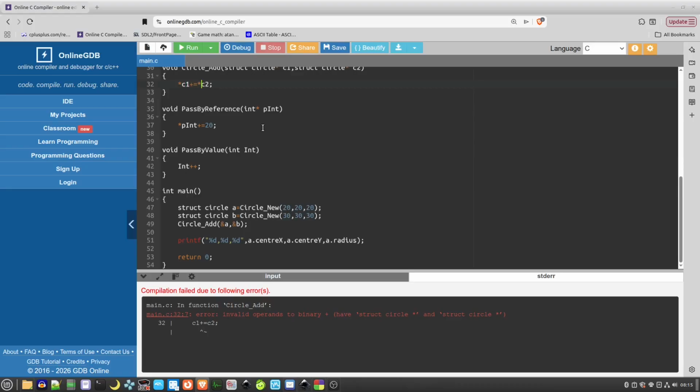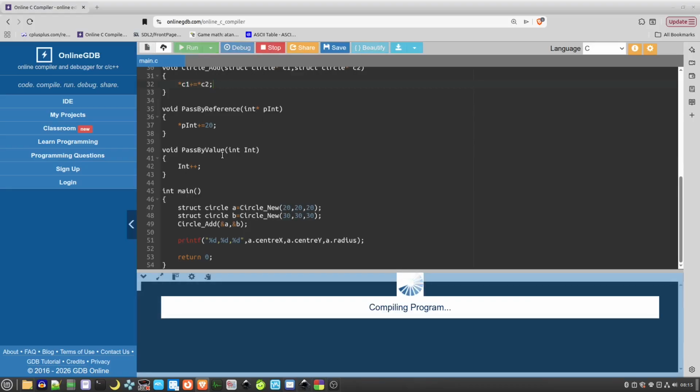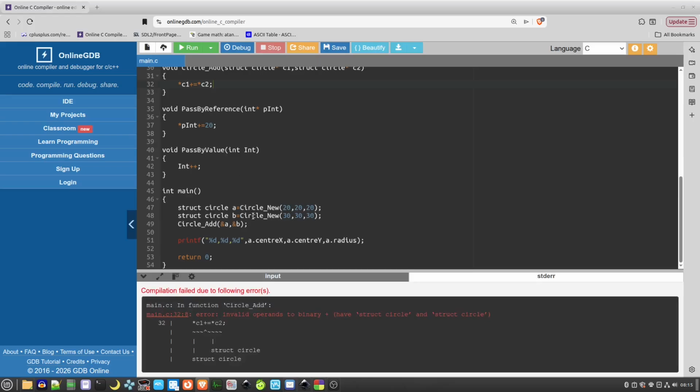Okay, it needs to be that. Okay, it's not going to let us add them together like that. So, okay, what we'll have to do then is